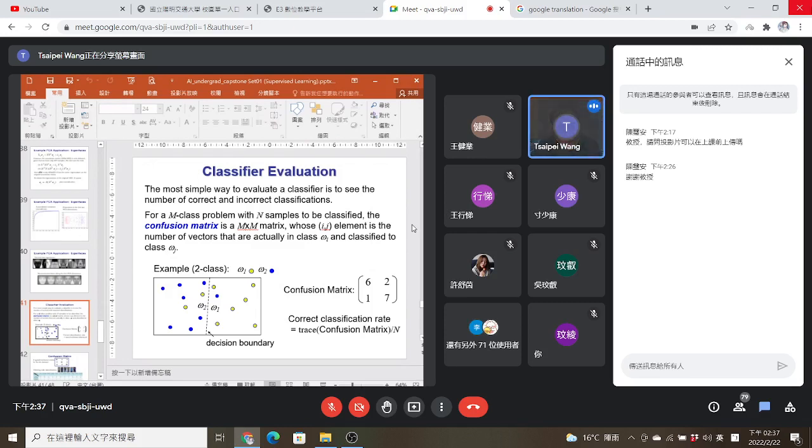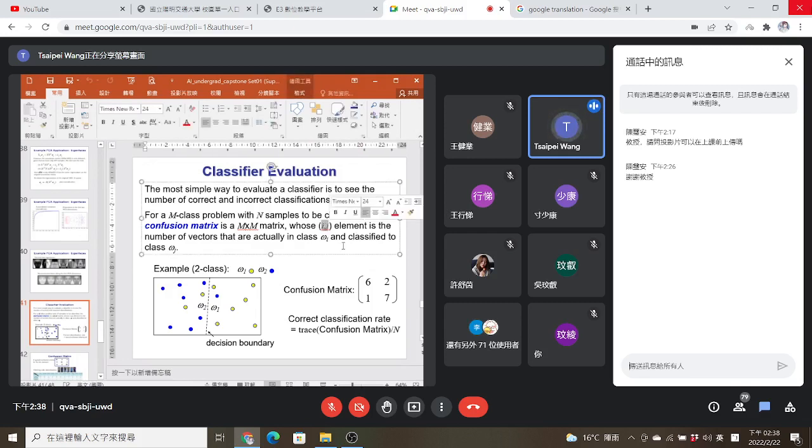Because each class can be quite different in terms of the size, the distribution, etc. So usually we want more information, and the basic one is called the confusion matrix. It divides the correct results and incorrect results into different categories and puts them in the matrix. So element ij is the number of samples